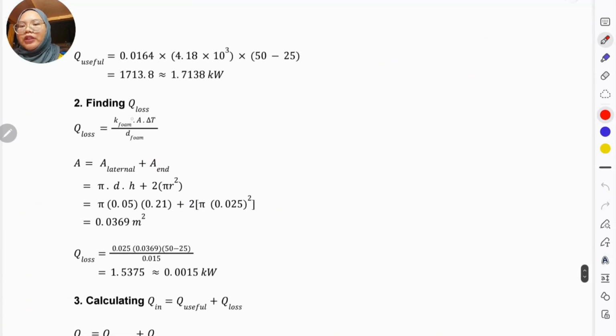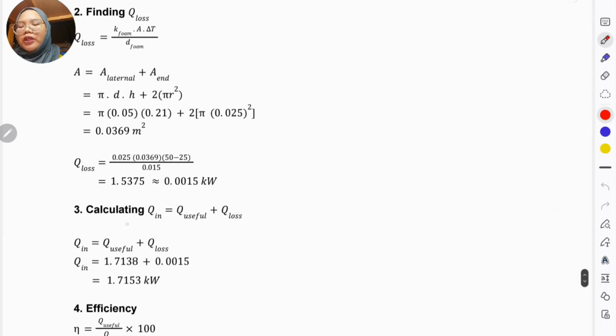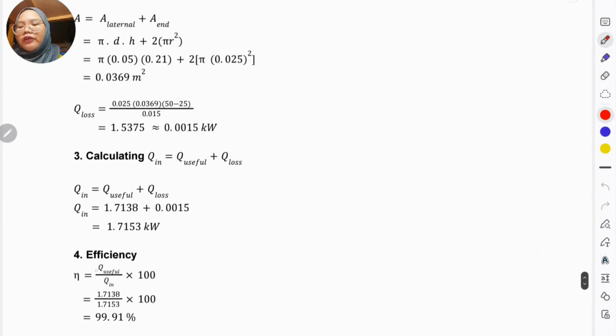We need to find the Q loss. For the Q loss, we use the Fourier law formula, and then we need to find the area of the surface of the water heater. Then we get 0.0369 m squared. We only substitute the value, then we get the Q loss is 0.0015 kilowatt. Then we finally can calculate the Q in, which is 1.0153 kilowatt. Then for the efficiency,